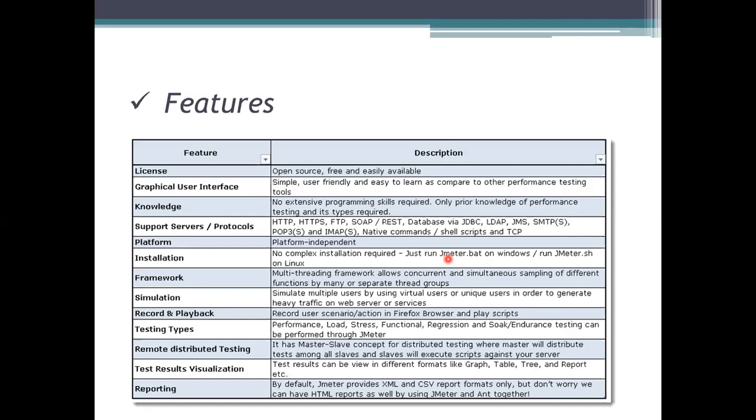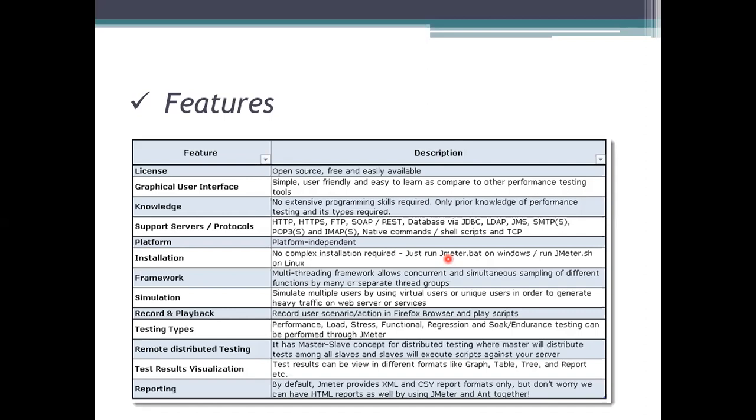After downloading that, for Windows we need to take the jmeter.bat batch file. For Linux, we take the .sh file. For Mac also, we take jmeter.sh. After installing it, a Swing application will be there, and a shortcut icon will be displayed on the desktop, and you will be ready to use it for testing here.